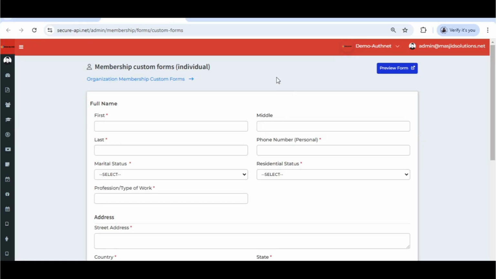In this video, I will be showing how an admin can add custom form fields to the membership form. Whenever an organization takes our membership module, they will be using our default membership form. But if the organization feels that they need to add certain customization or certain customized fields to the form, they